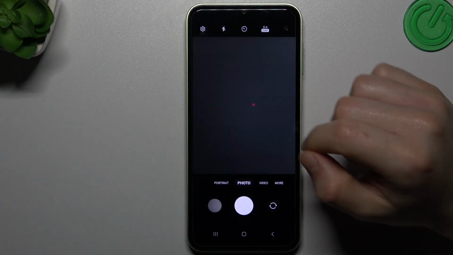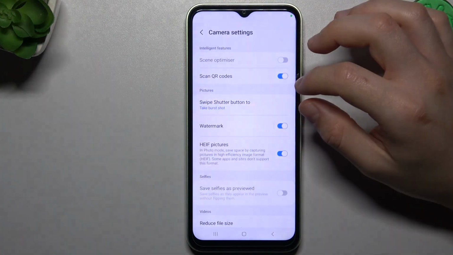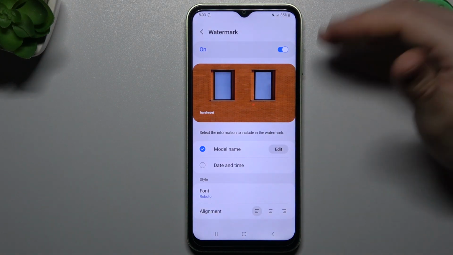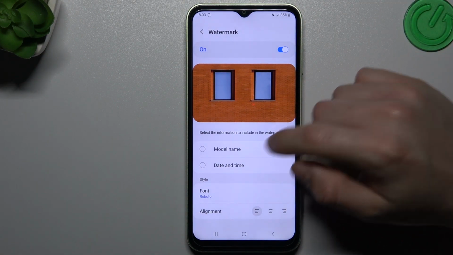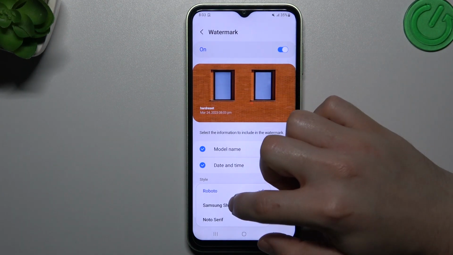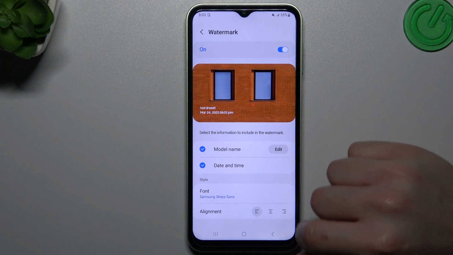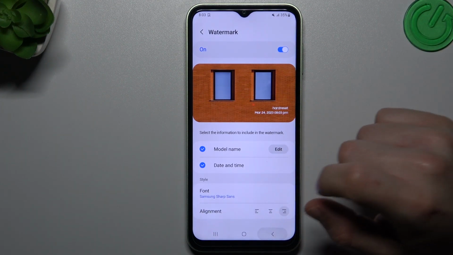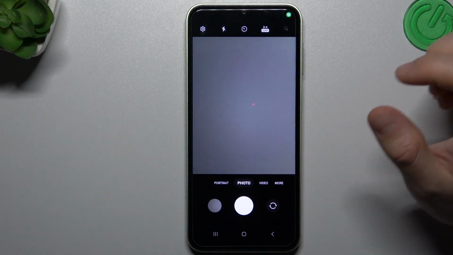So let's start. Open the camera app, then go to the settings and tap on the watermark. Now you can see you have a few options to edit. You can add your own text here, add date and time. You can also change the font and the place of the watermark, like this one. If you're ready, go back to the camera, take your photo,